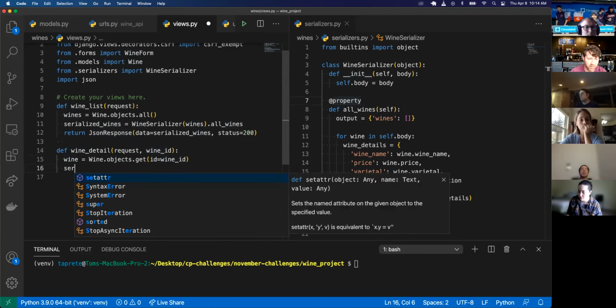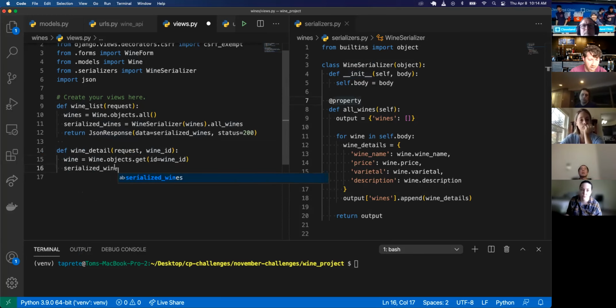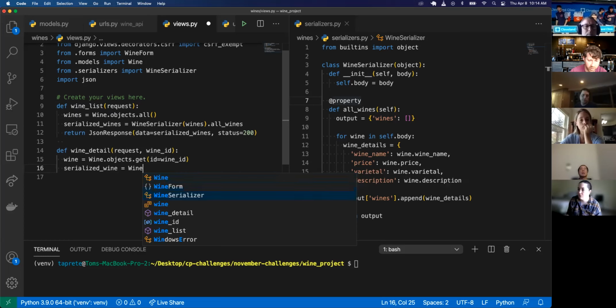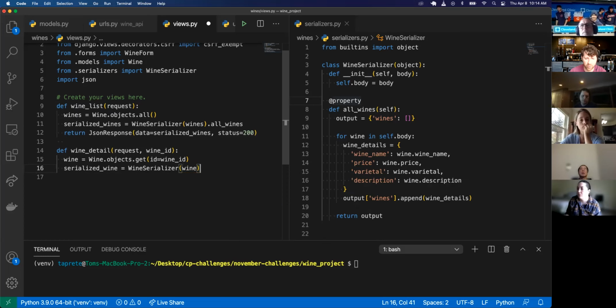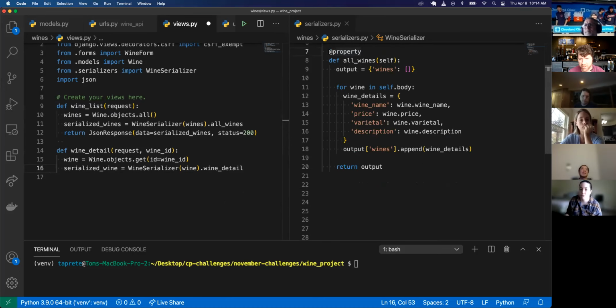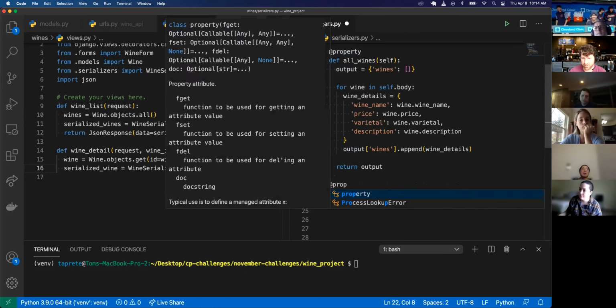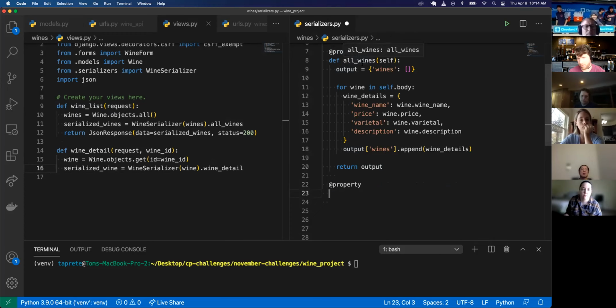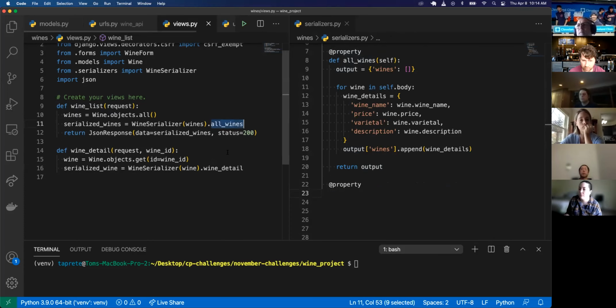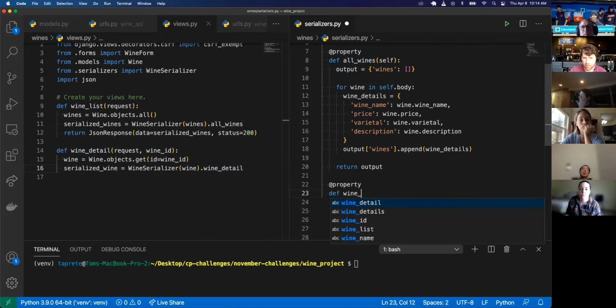Now we're going to have to pass serialized_wine equals WineSerializer. We're passing in an individual wine query and doing wine_detail. We're calling the wine_detail method. So just like we did up here, we're going to create another method. We're going to use the @property decorator to turn this method into a property, which you're able to call like we're doing here, instead of having to specifically invoke it. Wine properties. So def wine_detail takes in self,